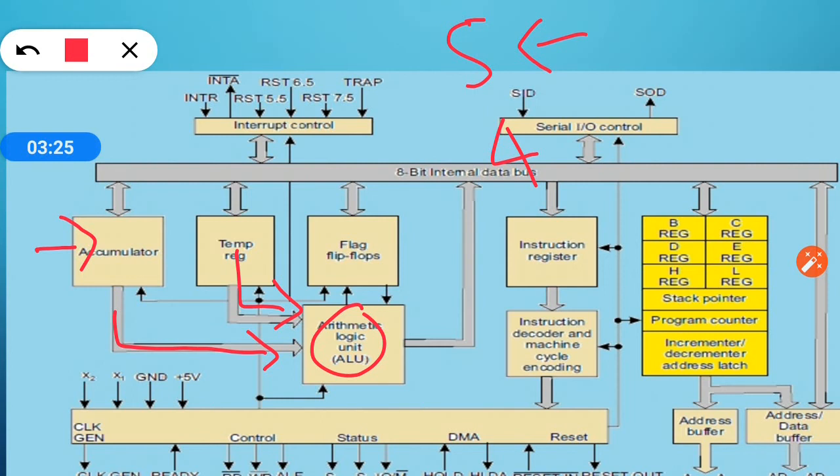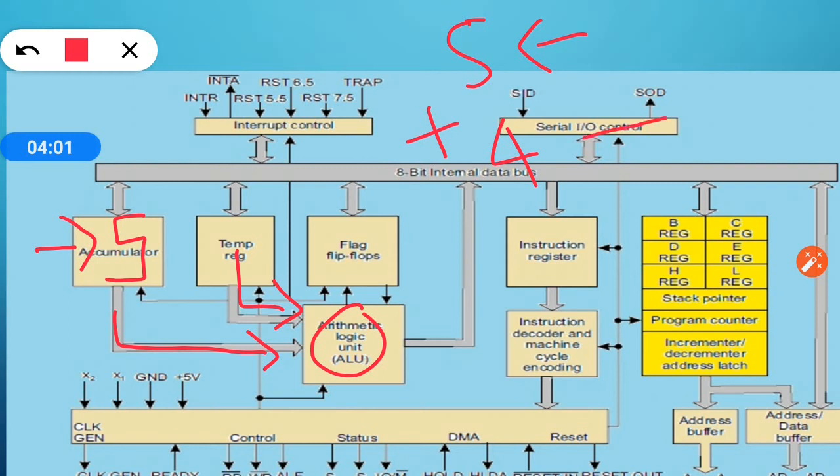Remember that for performing arithmetical and logical operations, one number must compulsorily be in your accumulator. So here I am loading 5 to the accumulator. How to load the number 5 to the accumulator? There is an instruction, which I will cover in the next video lecture, that is on the instruction set of the 8085 microprocessor. Now I have loaded 5, as I am going to perform addition of 5 and 4.